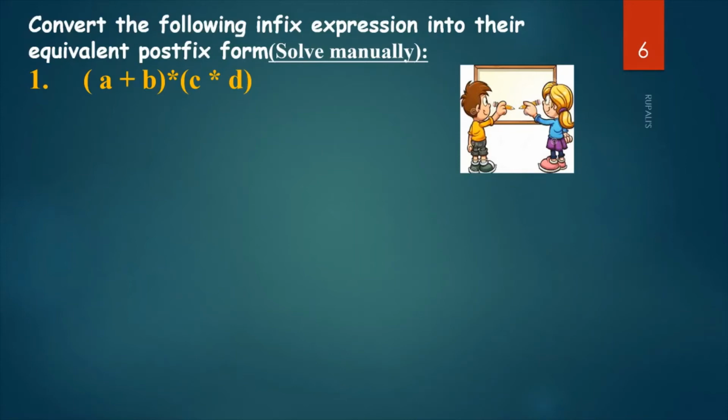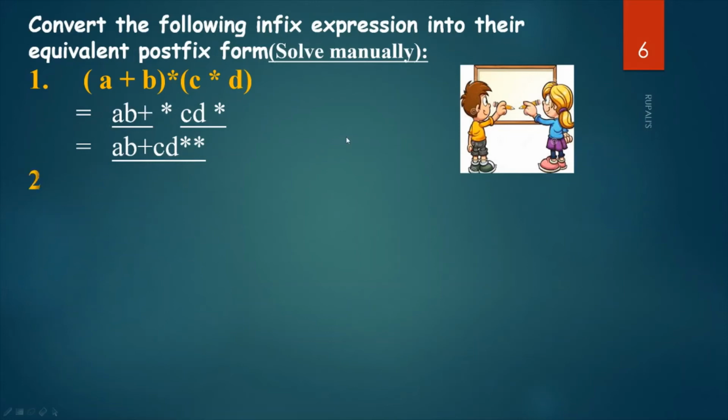So we already learned how to convert infix expression to its corresponding postfix expression. So this is your infix expression. When I convert it to postfix, a plus b becomes ab plus and c into d becomes cd into. In between these two there is one operator into, so it becomes ab plus cd into. Okay. So imagine this one is operand number 1, this one is operand number 2, and in between these two there is one operator. So after postfix it becomes this.